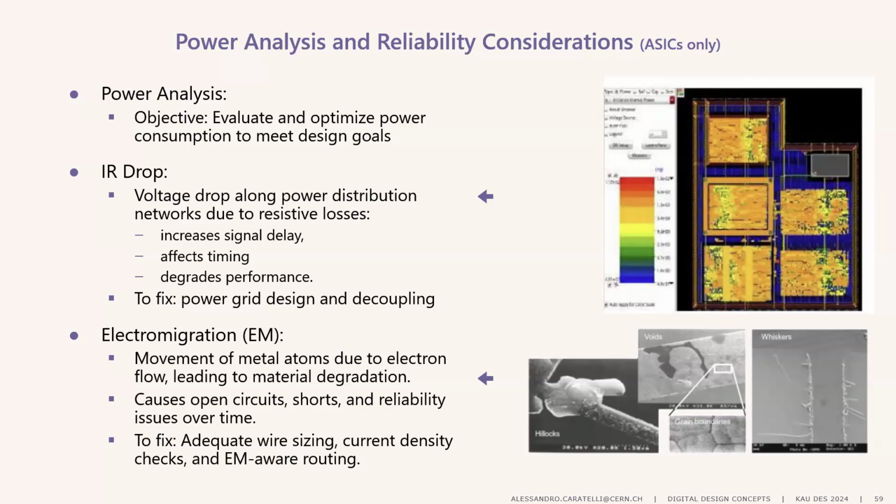And then also another thing is the electromigration. So the movement of metal atoms due to the electron flow, leading to material degradation. So you want generally to guarantee that the chip will work for a certain amount of years. So you will do some electromigration analysis to see how many years the chip will be able to survive, taking into account this effect. Or maybe you will route your lines a bit larger in order to reduce the electromigration